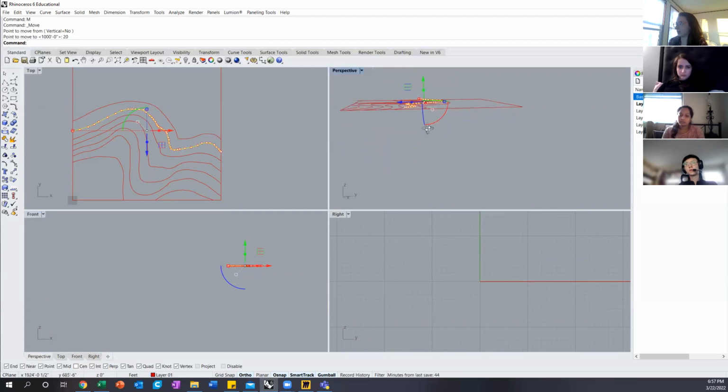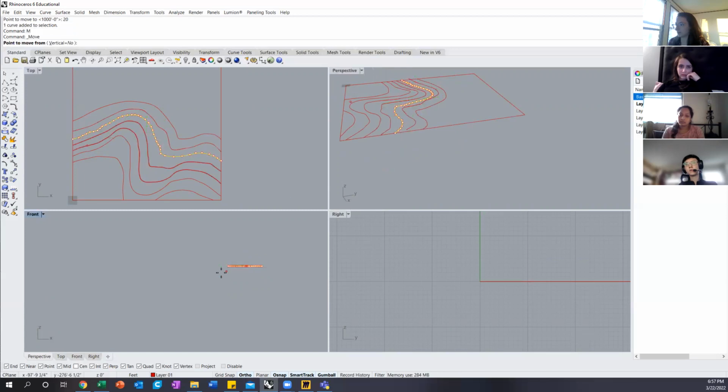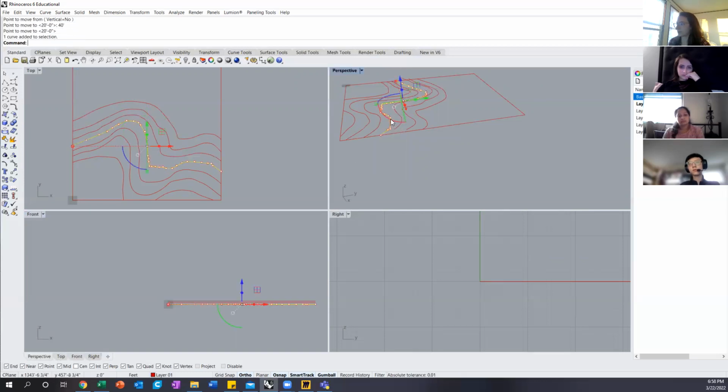So that's 20 feet. This one will have to be brought up 40 feet. And so it's important to do this sort of selecting in a top view or perspective view, so you know which ones you're selecting, and then moving up and down in either the front or right view. That'll be 60, 80,